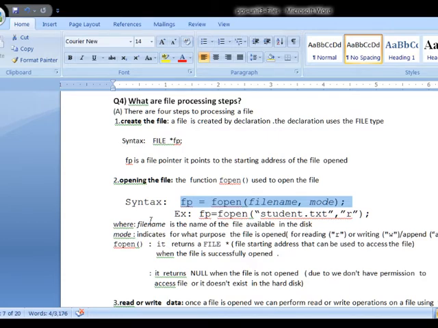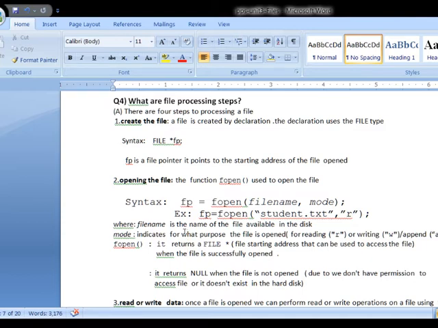Here in the syntax we have the file name. A file name is the name of the file available on the disk that is going to be opened to perform your required operation. Next, mode indicates for which purpose the file is opened, and you have to specify either read, write or append.